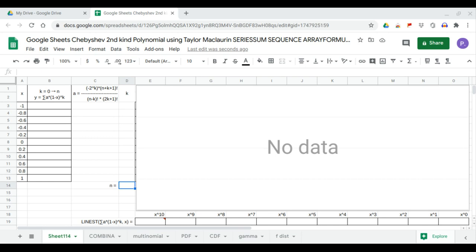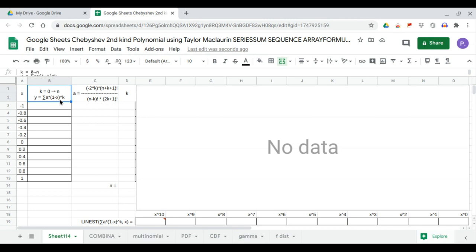In this video we will generate the trend line and dataset of the Chebyshev second kind polynomial. We'll use the trend line equation as the Chebyshev polynomial. Here we have the Taylor-Maclaurin series sum of the Chebyshev polynomial defined as y equals the summation of a times